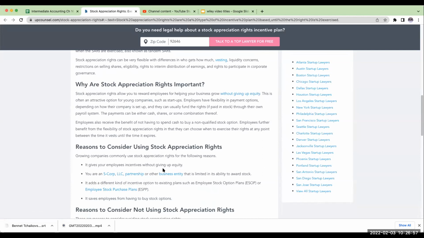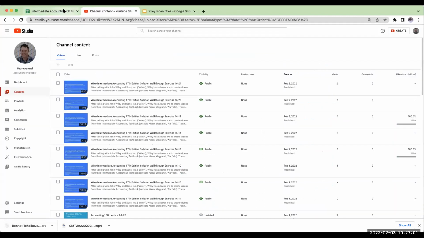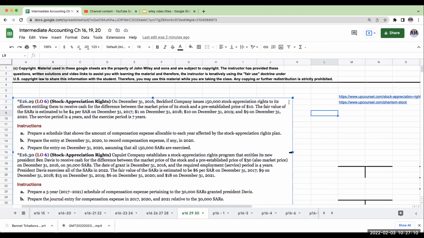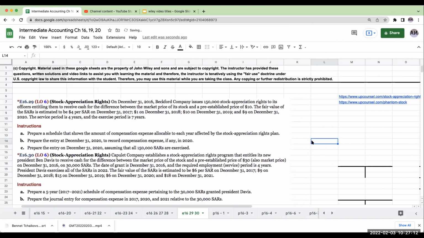The other part of it too is that when you're awarding all of these stock options, just make sure you're talking with counsel or a tax advisor to ensure that you're following whatever reporting may be required. So Bedford Company issues 150,000 stock appreciation rights to its officers, entitling them to receive cash